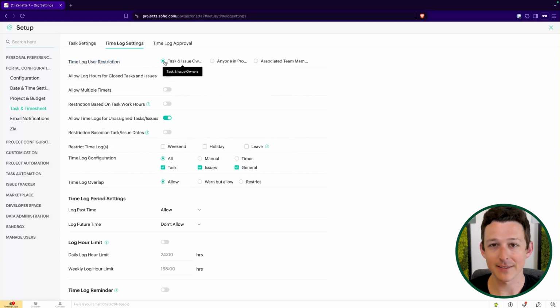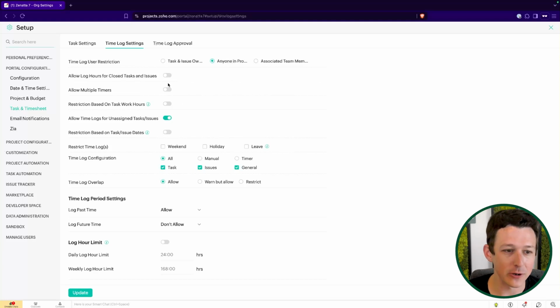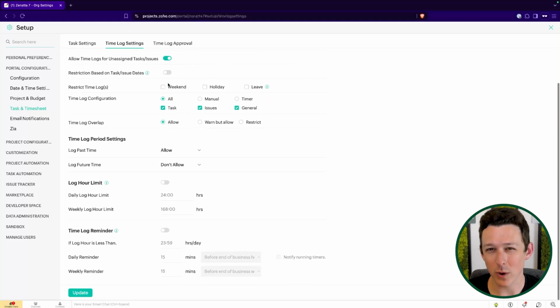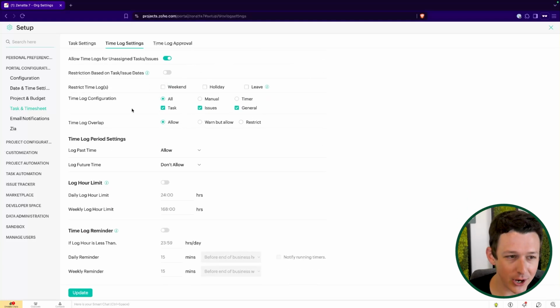If I have the setting like this, their manager can't log time on that task. Only the person who owns it can. So a lot of the times you'll do this anyone in project just because, hey, you know what? Jim ended up helping with this. He needs to log his time. He's technically not the task owner, but he's obviously helping out with this project. So important one there. Rest of these are really just settings about when time can and cannot be logged against